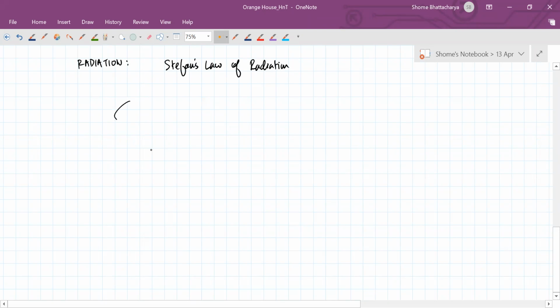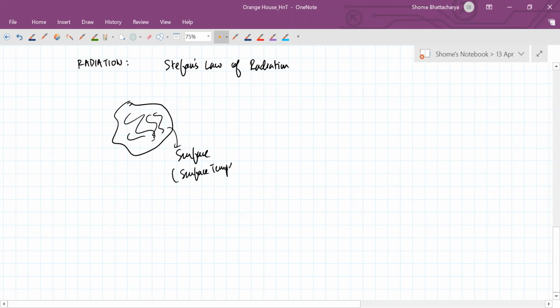It says that any surface at surface temperature capital T in kelvins